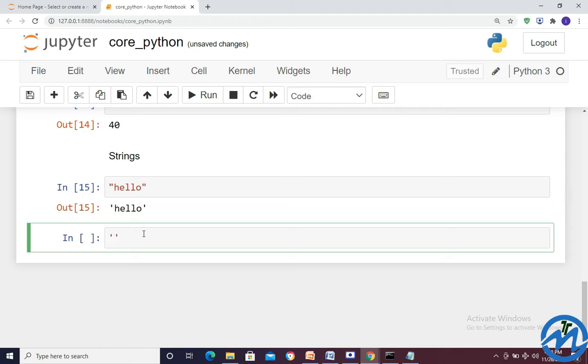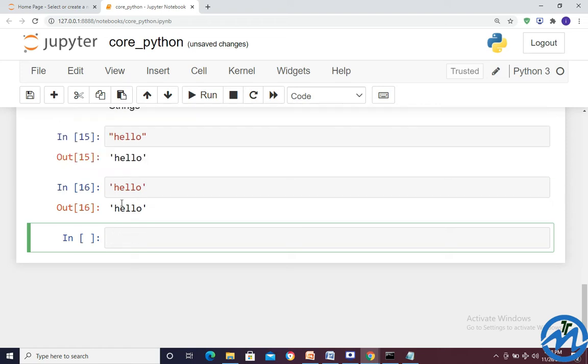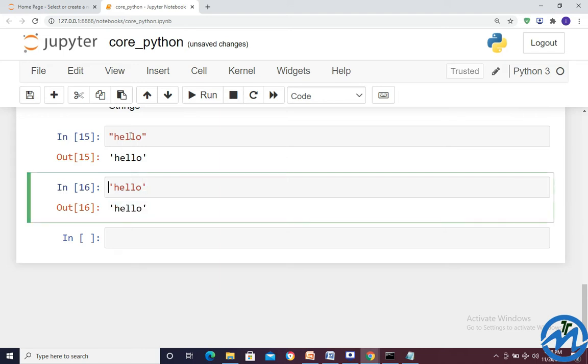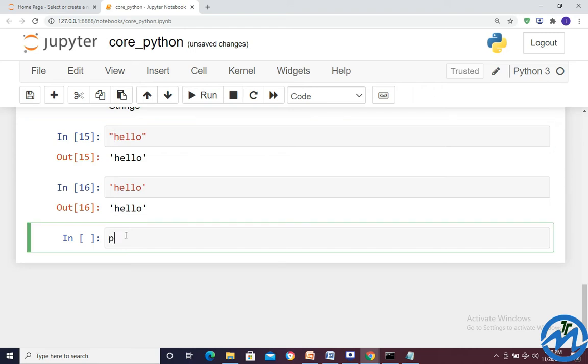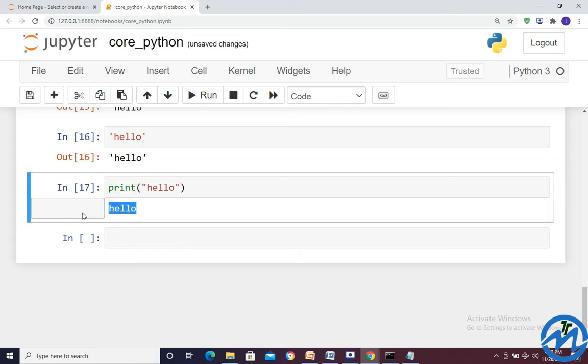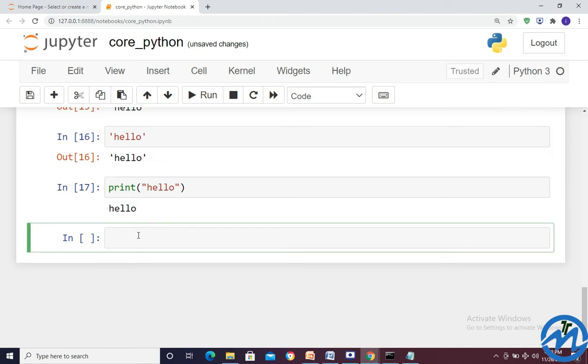Next we have hello, and then I got it again in a single quote. Here I have written in double quote, then also we got it in single quote. If I write print of hello, then I got no quote at all, and here also we don't have any output. That means we are still in this environment and can do any modification on it. We didn't come out from this, right? Now I have already given you all these things. Now printing we are coming up.